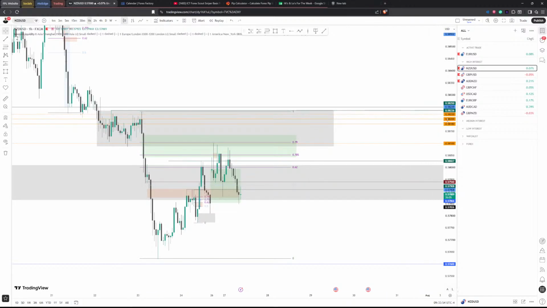We pushed off from the 5822, 582, and the 5818 level downwards. So then we come up to this 518 level, rejection, come back up to these levels here, then push down. Price comes up to this fair value again, and it's at this 0.79 level, which is optimal trade entry for sells. And it also lines up with the institutional order flow, and it's also the bottom of the consolidation area. So there's 3 areas of